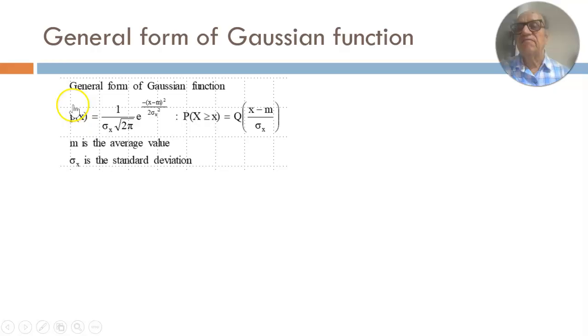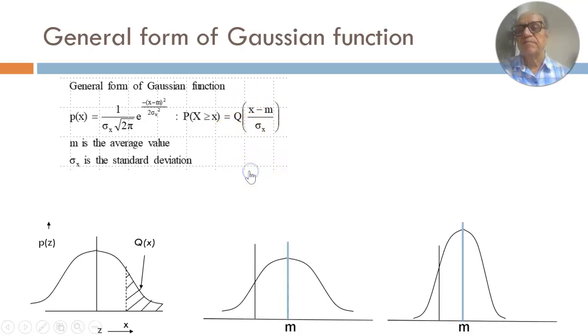So if you have a random variable whose average value is m and the standard deviation is sigma x, then the probability that x is greater than x can be written as Q of (x minus m) by sigma x. So if m is known and sigma x is known, this term can be calculated, and then